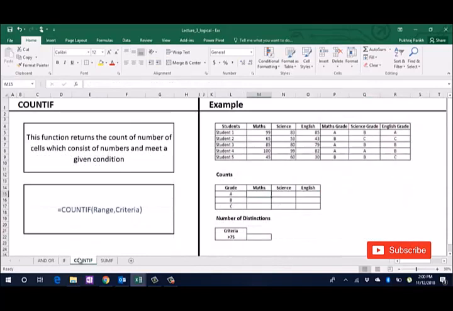Next we move on to Countif function. Although this is part of statistical formulas in the formulas menu, but we will discuss it with the logical if formula only due to its similarity with if function. Countif returns the count of cells which satisfy the given criteria. Here, if we want to identify number of students who have scored grade A, B or C in every subject, we type is equal to Countif,